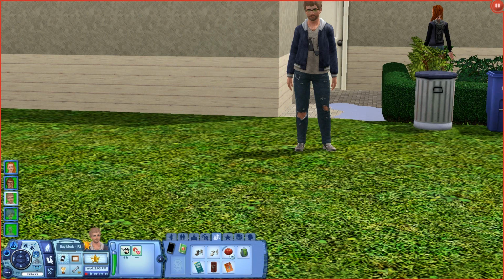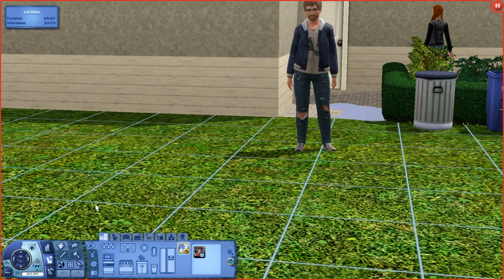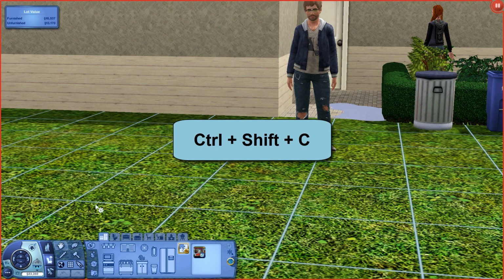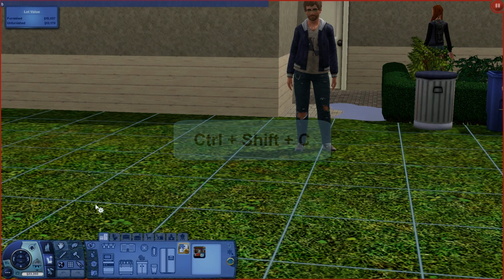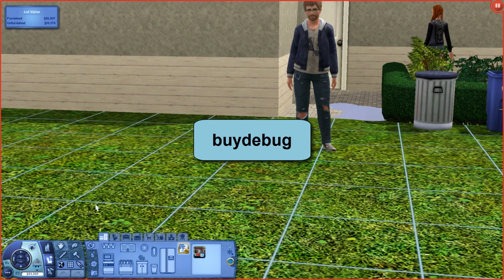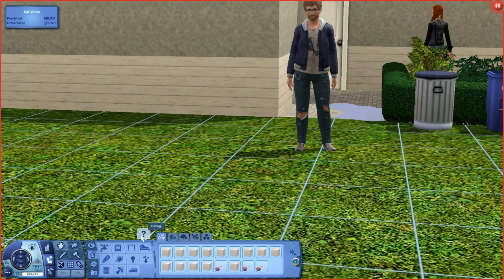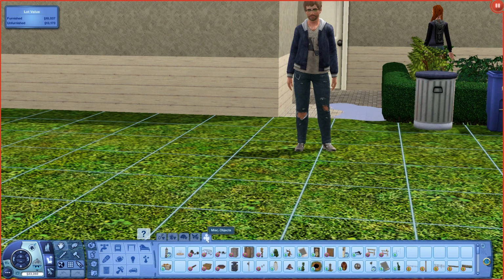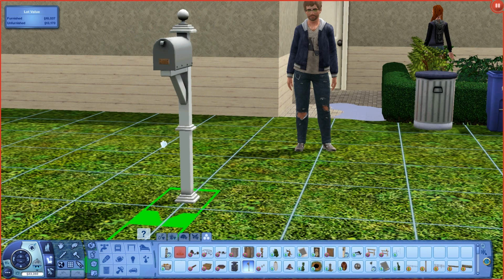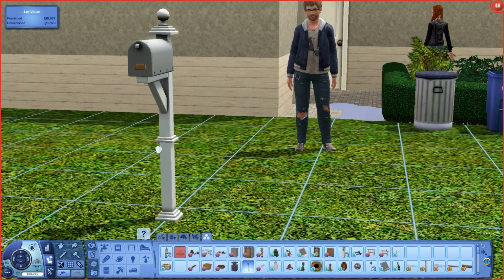Mailbox is gone. Now you have to go into buy mode, type in another cheat, again Ctrl Shift C, and put in buydebug. Hit enter. And now you get this new option that says debug with this blue question mark in the middle. And you go to the MISC tab and you find whichever mailbox you have. You can choose another one, whichever one your heart desires. But since we had the Colonial mailbox, I'll just put this one back up here. And now we have a new mailbox. You can only place one. You can't place more than one. So you go back into